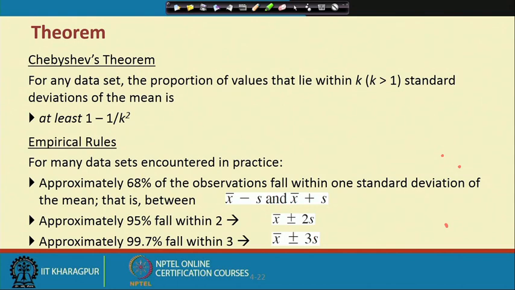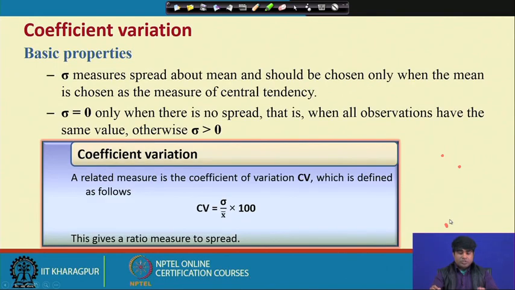So, approximately 60-80% will be a kind of interval, otherwise it is a 95% interval or a 99% interval. It depends upon the mean with standard deviation only: mean with 1 standard deviation, mean with 2 standard deviations and mean with 3 standard deviations. Mean plus minus 1 standard deviation means 60-80% of the data will be in the particular zone. Otherwise, mean plus minus 2 standard deviations means 95% of the data will be lying in. Then mean plus minus 3 standard deviations means 99% of the data will be lying in these particular structures. Okay. So, this is another measure of